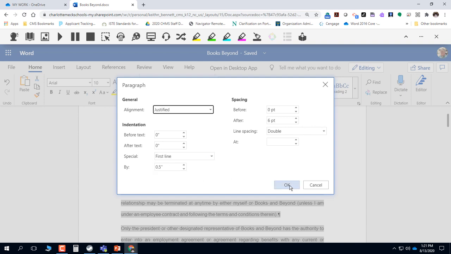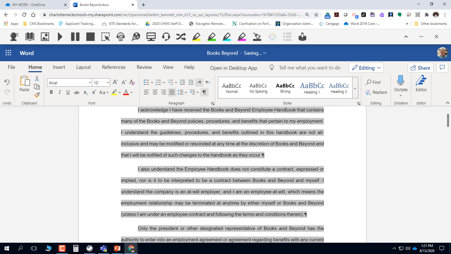on this document. And then what you would have to do is to click OK. So that's the first thing you need to do. Now, the next thing that you would want to do